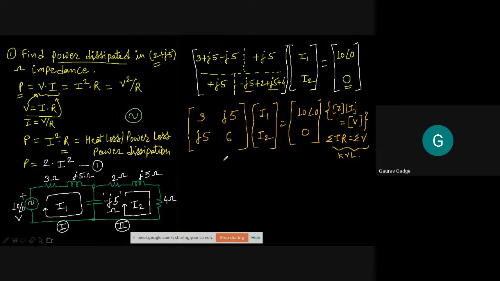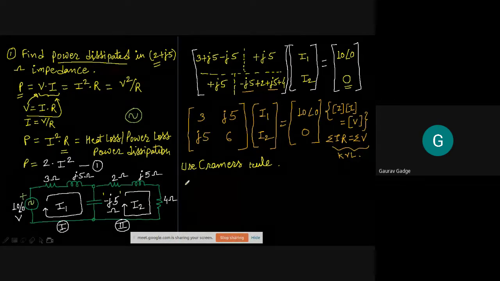या फिर another way of solving this is by using Cramer's rule. And that Cramer's rule is very, very simple. I think you have already learned that Cramer's rule in mathematics. I don't know exactly whether you have learned or not, but I just want to give you the idea about this Cramer's rule, like how this Cramer's rule operates. So here, what you have to do, आपको क्या करना है? You have to use Cramer's rule.